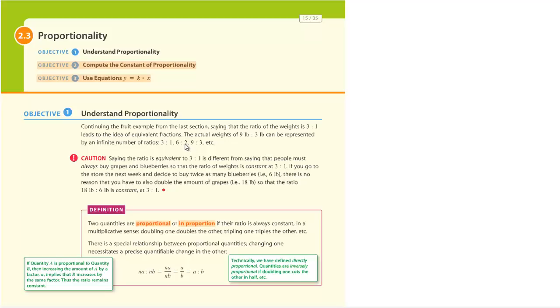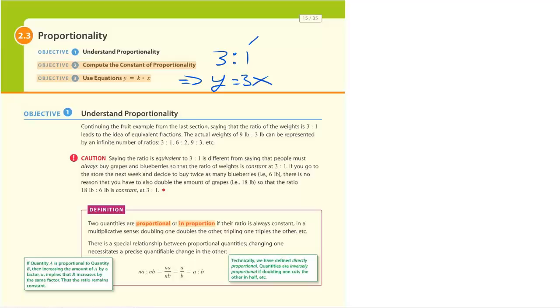See, if you have 2, let's say, pounds, multiply it by 3, now all of a sudden you have 6 pounds. So you can think of y as being in the place of 6, and this number here is your x, and then your constant of multiplicity, or constant of proportionality, in this case is going to be 3, because you have to do 2 times 3 equals 6. And basically, we end up seeing that these simple ratios are really nothing more than this. So if we have 3 to 1, that's really the same thing as saying y is going to equal